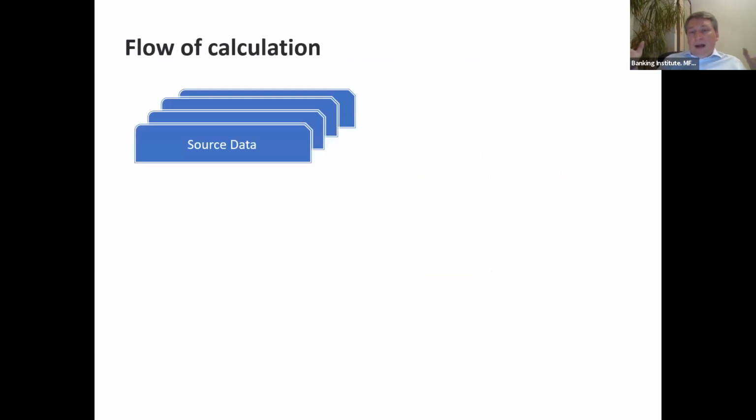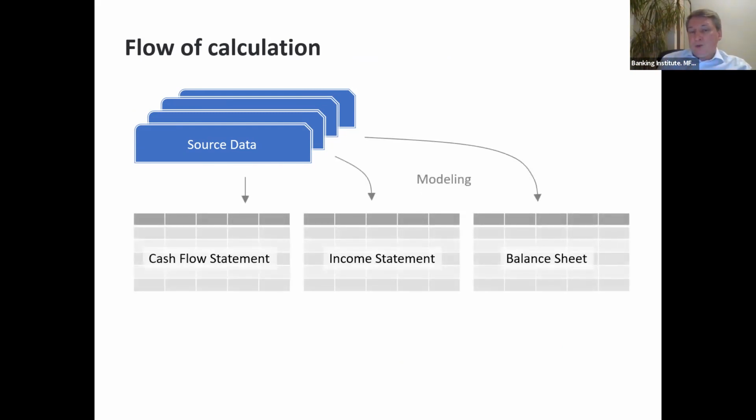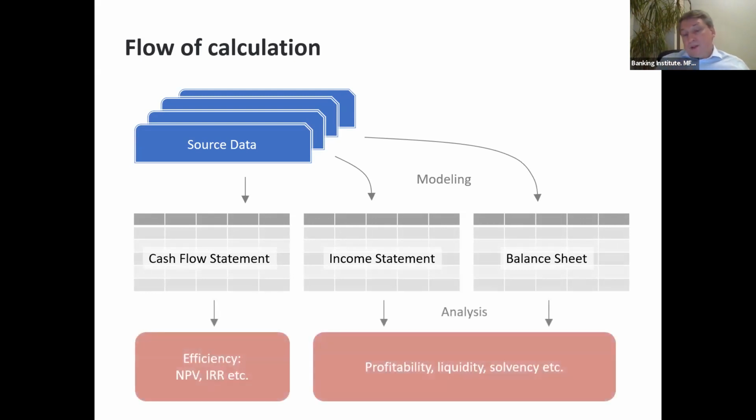Now, how will we calculate all the information in our model? We have three sections in our financial model. The first part is our source data, our assumptions about the project. We should build all assumptions about each block of this investment project. Then from these assumptions, we model three financial reports: cash flow, income, balance sheet. And then based on these financial reports, we can calculate everything we like: